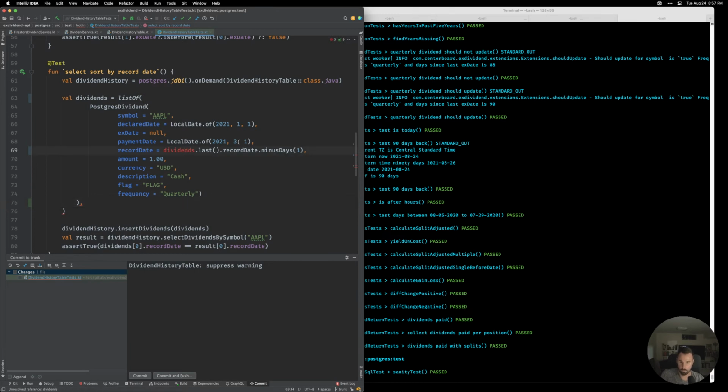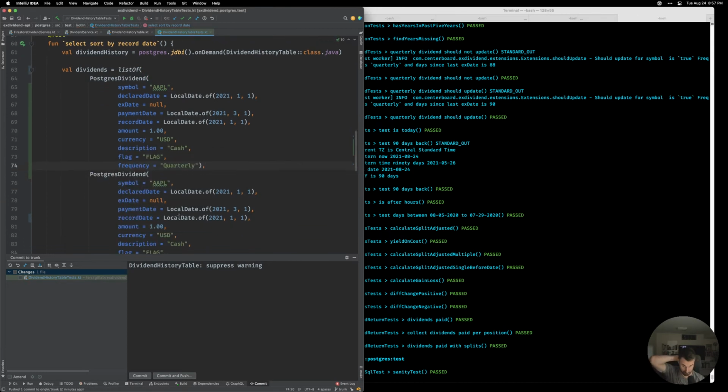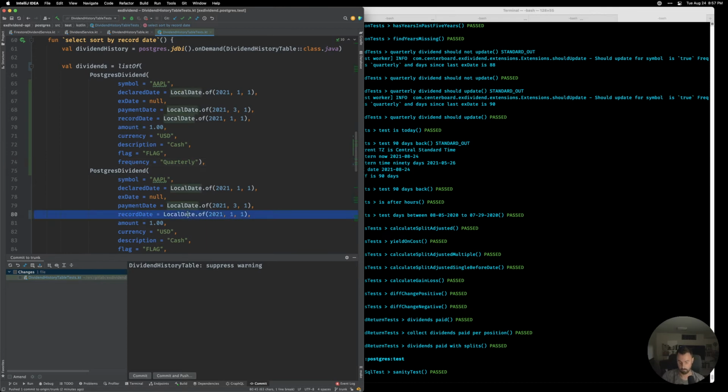As if it was really correct. Local date dot of 2021 0101. Okay, then let's put another one that really should be after it, first. And then when we insert it,